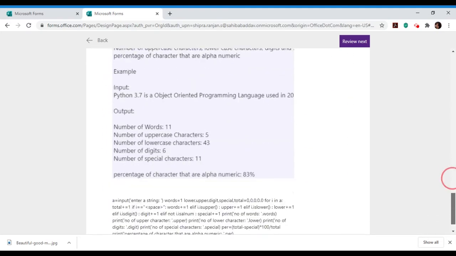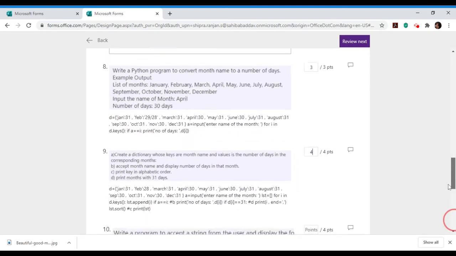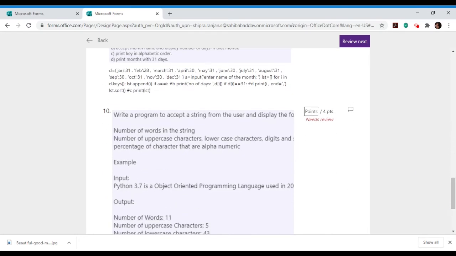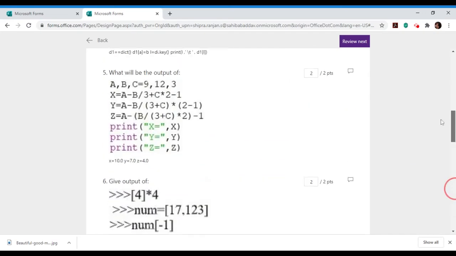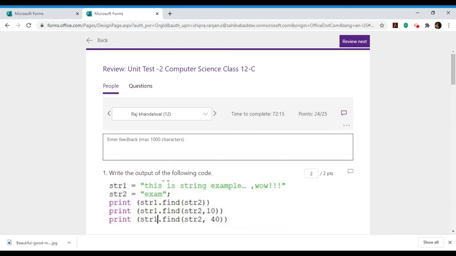And then the last one, let's read this answer. This is also okay, so full 4 marks in this answer also. After checking all these answers, you can give feedback to that student on his answer sheet. So for example, because the student scored 24 marks out of 25, I can give the feedback, well done.